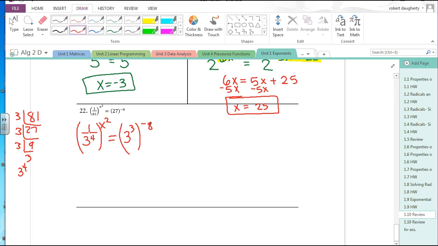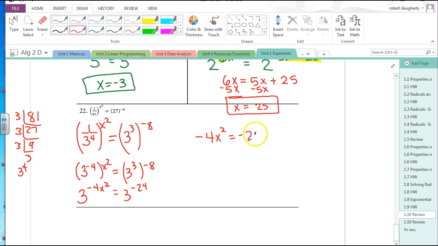I can write this as 3 to the -4, x squared equals 3 cubed to the -8, or 3 to the -4x squared equals 3 to the -24. Now I've got the same number on both sides. These exponents must be equal. -4x squared equals -24. Divide both sides by -4,